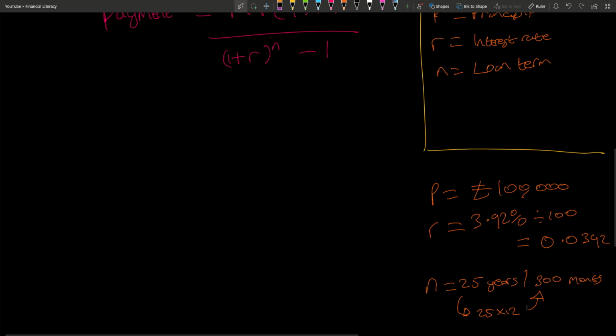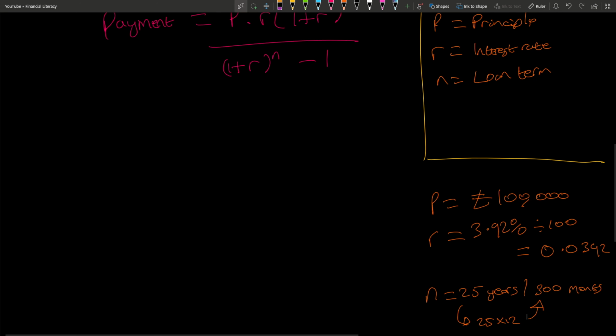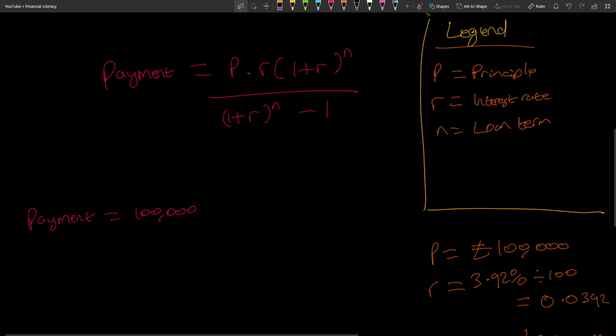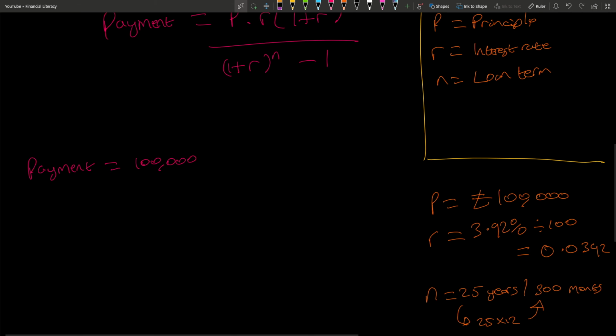Okay, so now that we've got these figures, let's just plop them in. So payment equals the principal, which is 100,000. This dot is just the dot product, so it's basically just multiplying. Actually, I'm going to put times there. Times, and now the rate of interest, this is an interesting one. You put